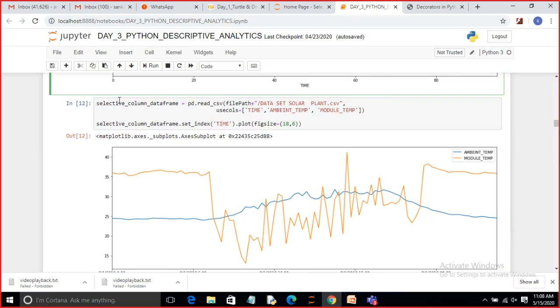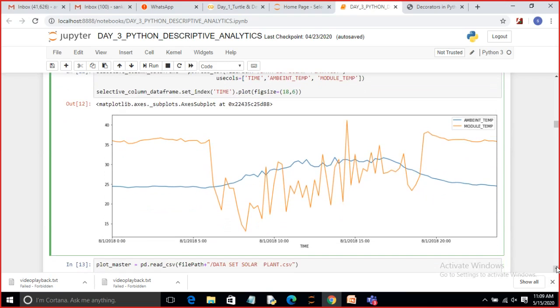Here I am going to use selecting columns: time, ambient temperature, and module temperature. Then using that selected data frame, we fix the time and plot the graph.